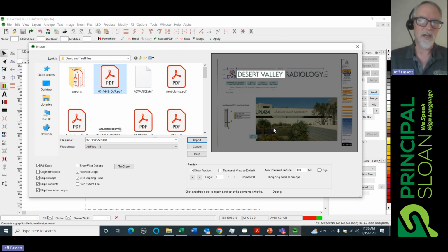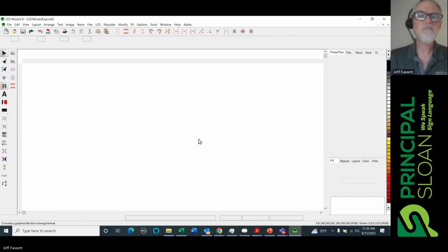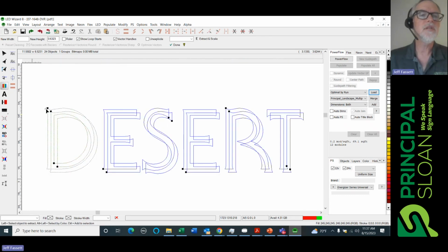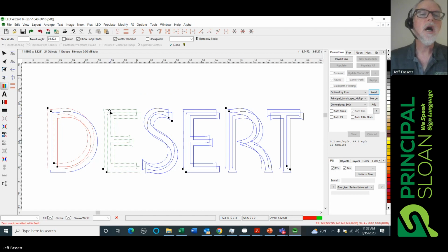But we don't need all of that in our software. So I'm going to click on import, and when I do that, it comes into the layout window, and it lands in our data cleanup tool. Our data cleanup tool is a way for me to select the art that I want to keep out of this file that I've